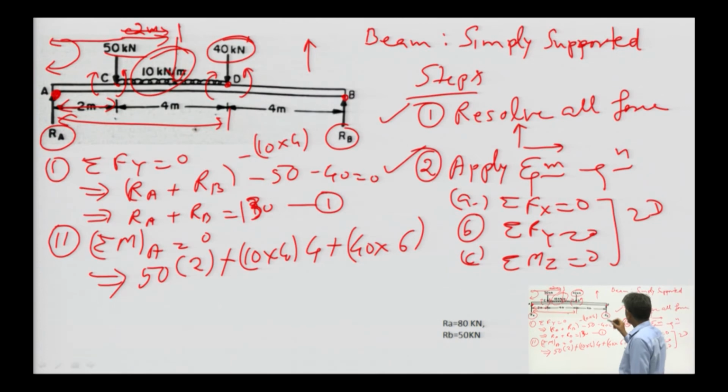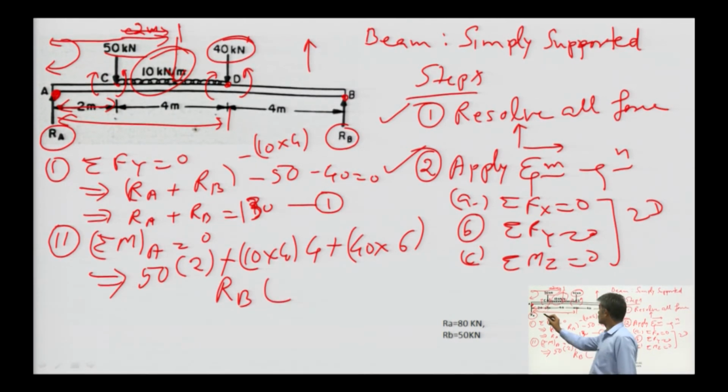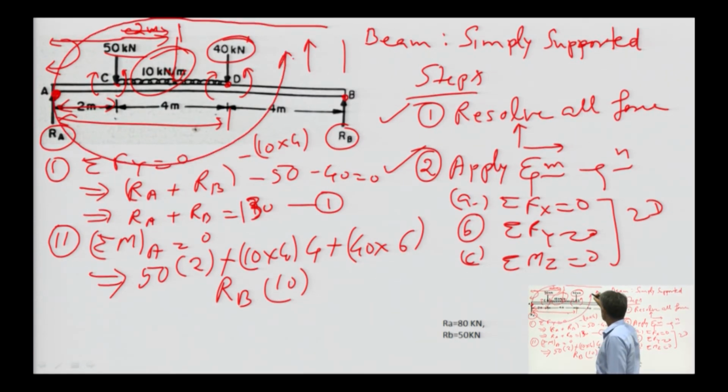Come to next force, this is reaction itself. So, R B, and perpendicular distance, total entire AB means 4 plus 4 is 8, and 2 is 10. And what will be its direction? Let me extend this force. Which direction is it? Anti-clockwise, that is why it will be taken as minus sign. Since no other force is remaining here, equate it to 0.